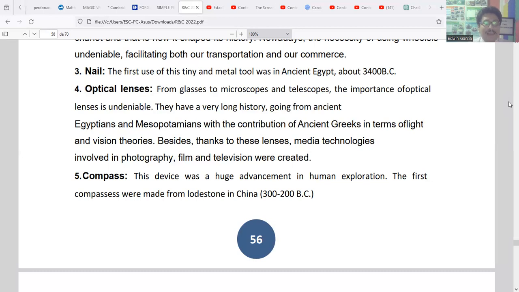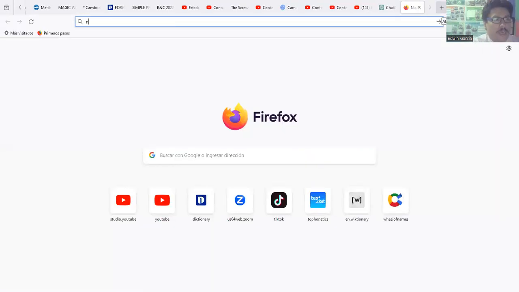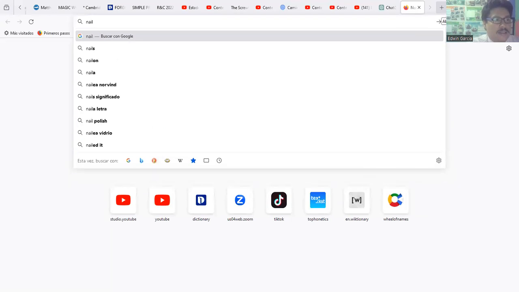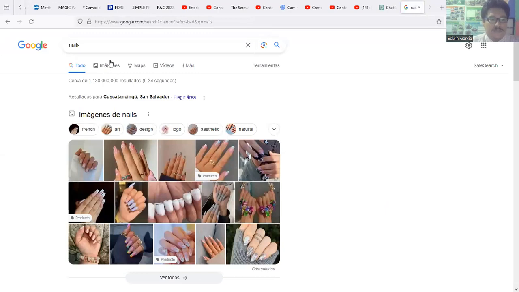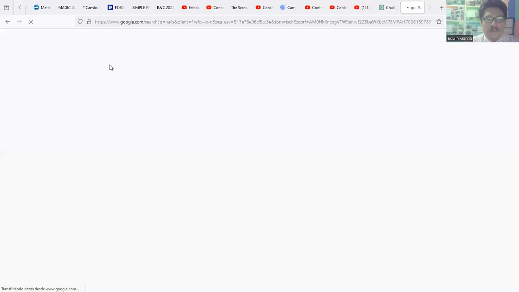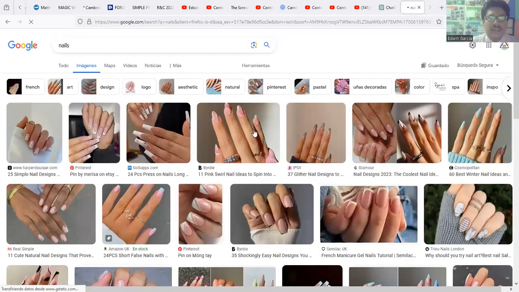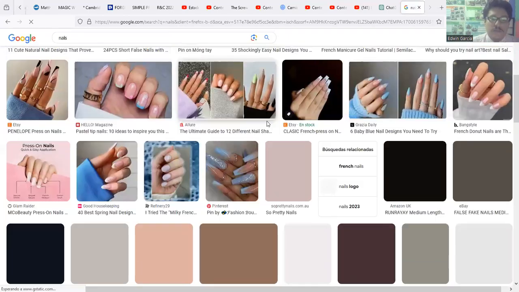Did you know nail is a part of the human body? We have nails. Okay. This is your nail. This is my nail. For that, you're going to know, for example, the nail bars. We're going to use Google for this. Nails. Okay, nails. Pay attention for this. What is this? Our hands, our women hands. And these are nails. It's part of the human body.